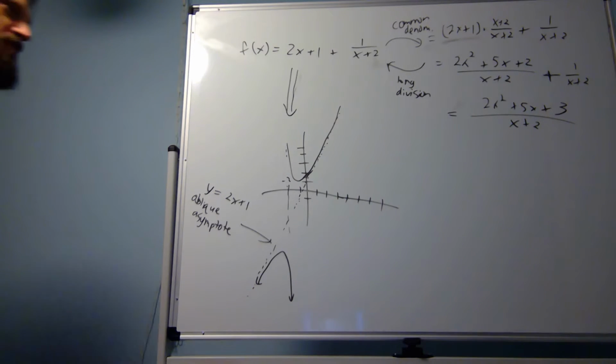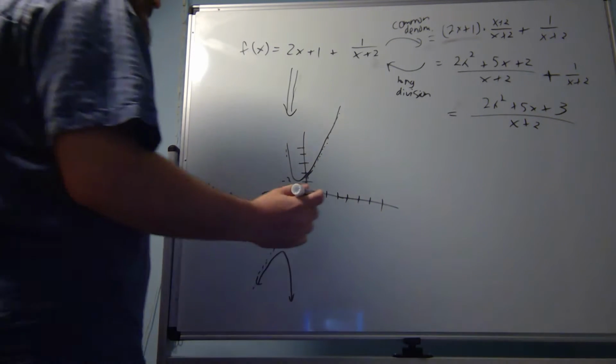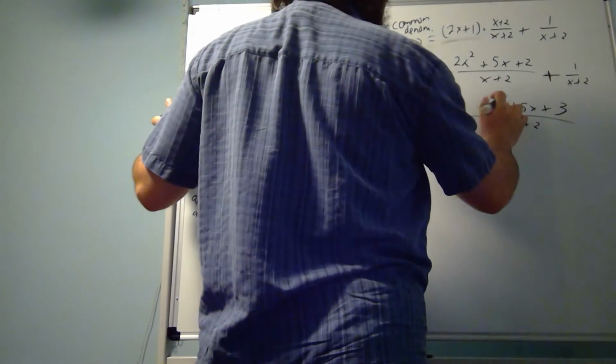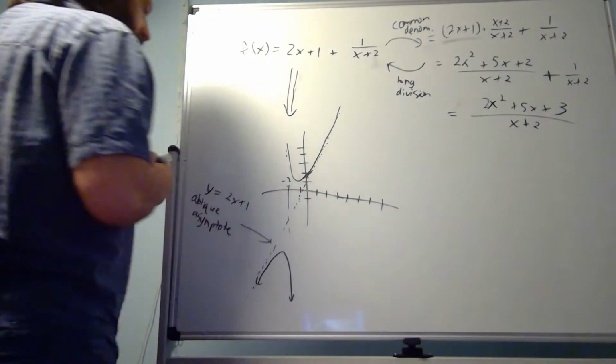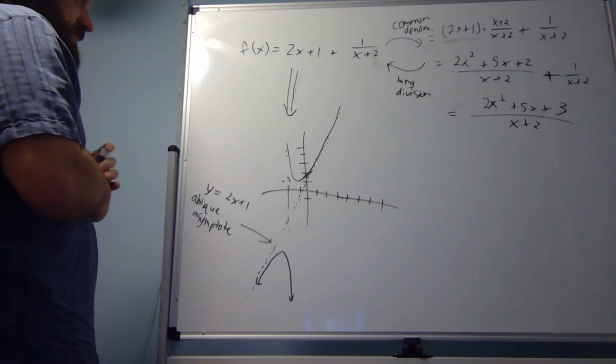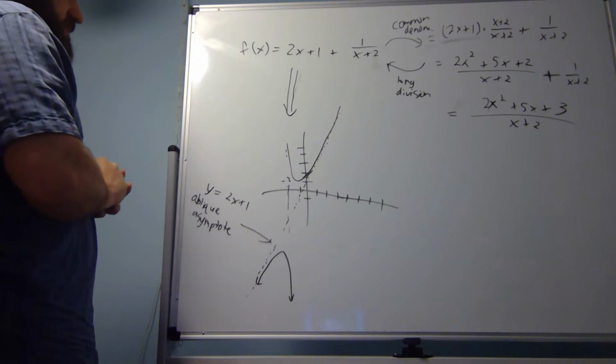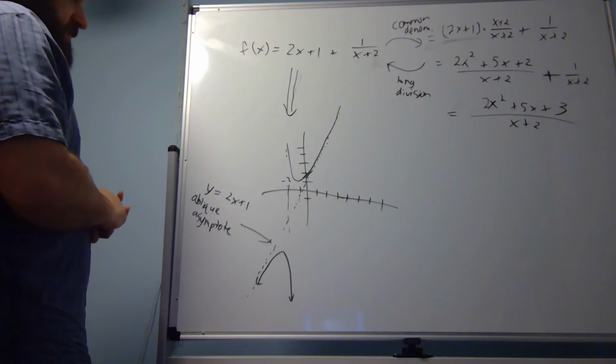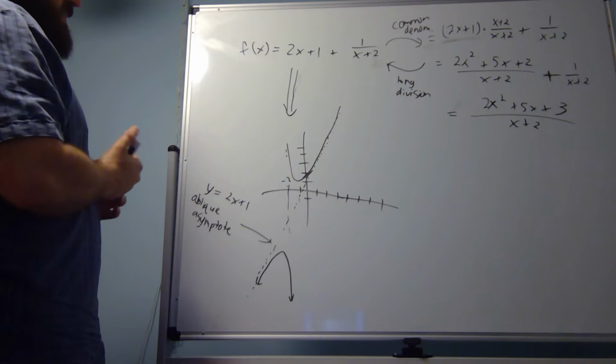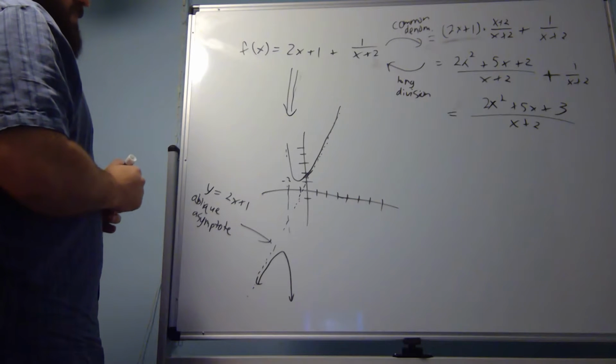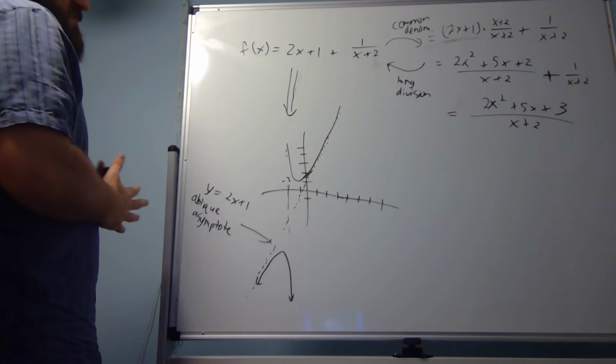Long division isn't super bad, but there's a fair amount of writing that you're going to have to do, and it takes up some space on your paper, and you just have to do it. So I just want to illustrate the big picture, and that is, when does something almost look like a